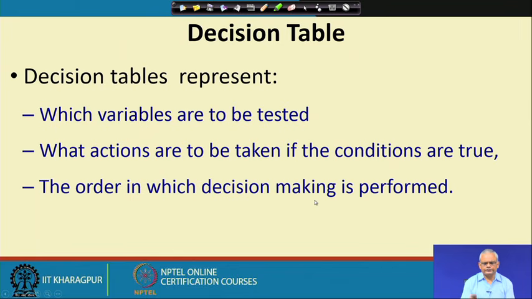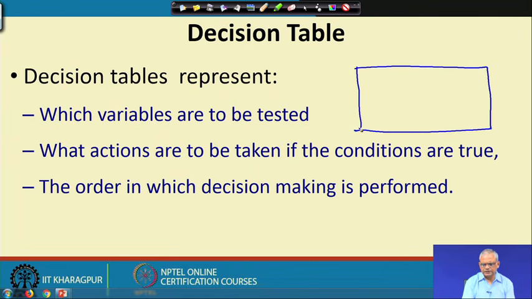Another alternative is the decision table. The decision table represents an alternative way of representing the same thing. Here we represent which variables are to be tested to determine which condition is satisfied and then what actions to be taken if the conditions are true and the order of the decision making. So, it is a table,